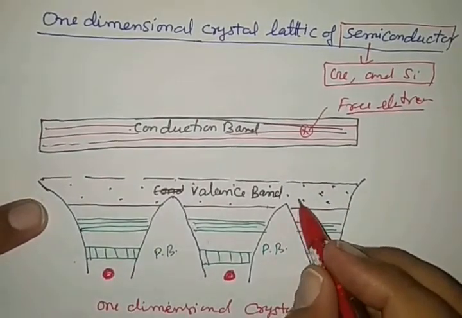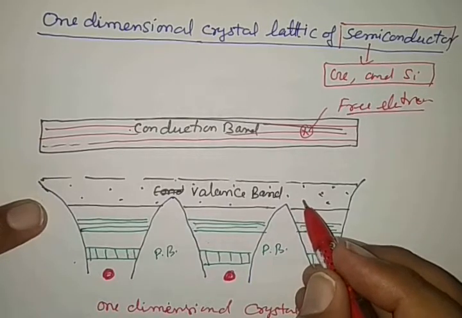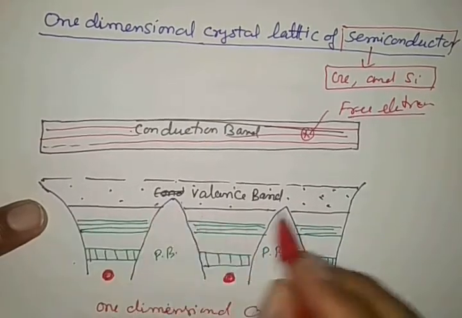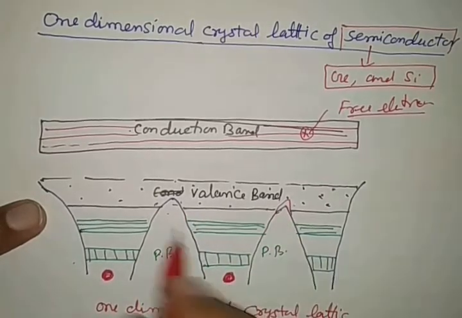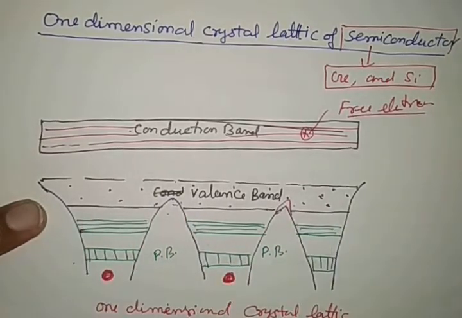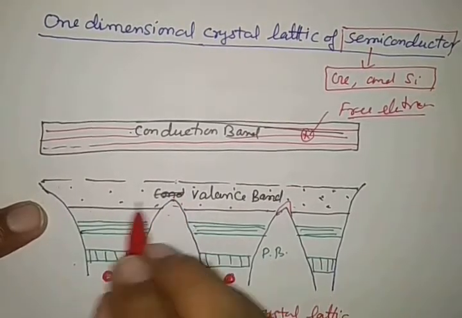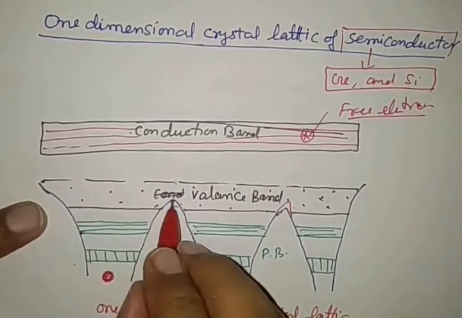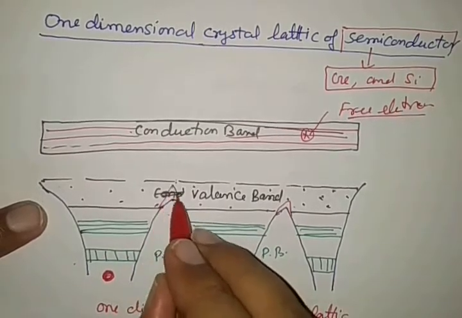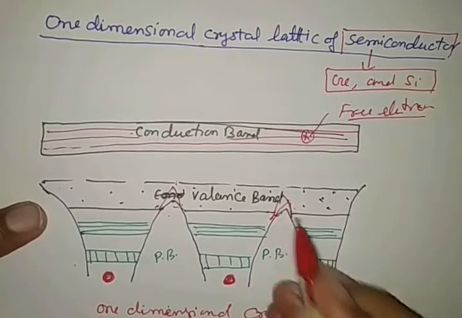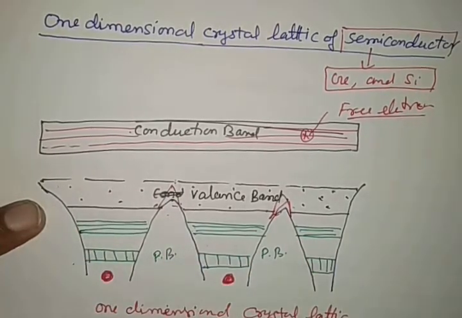The electron that lies in the valence band is not a free electron, and electrical conduction is not possible. It is affected by this resistance, the potential barriers, so it cannot freely move to form electrical current. And if this line is very close here, if electrons move here and strike here, right? This is up to here. So electrical conduction is not possible.